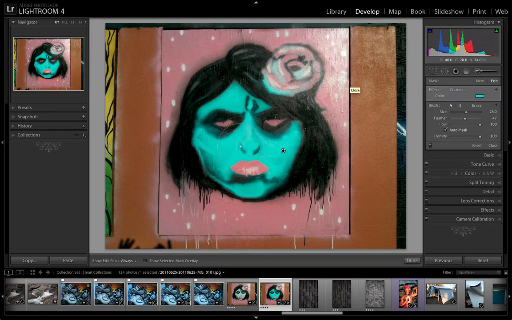If I want to do a new one, all I simply do is come up here, click new mask again, and this time I'm going to come in and I'm going to grab the eyes. Okay, so grab those eyes, grab the other side. Notice that the tool is allowing me to do both those sides without having to hold any special keys down,